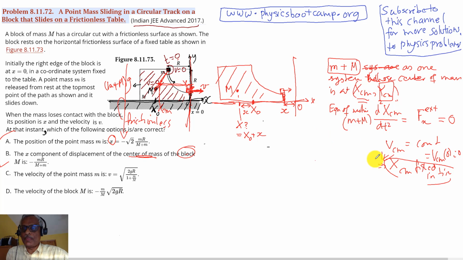So it seems that XCM of the whole system at 0 time should be equal to XCM of the whole system at time t, when it leaves. And when you set this up, we should be able to get something to decide between A and B. Maybe both are right or both are wrong, or maybe one of them is right. So let's see, at this point